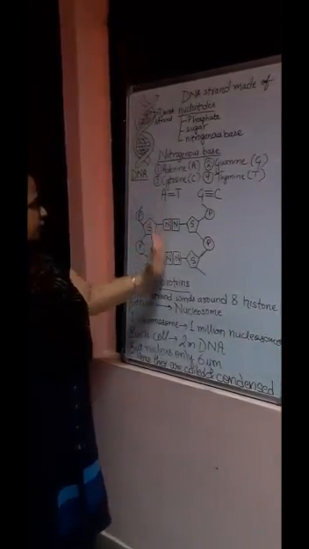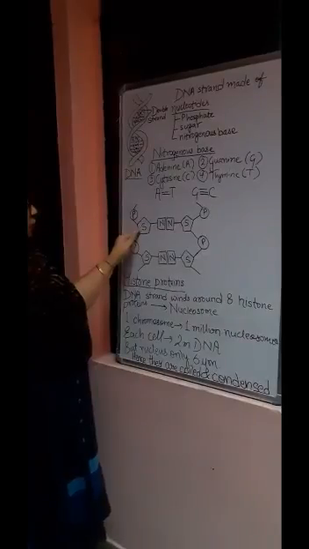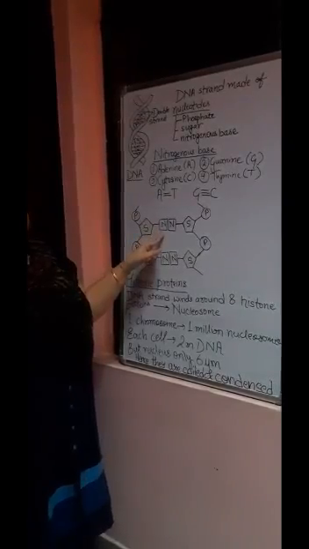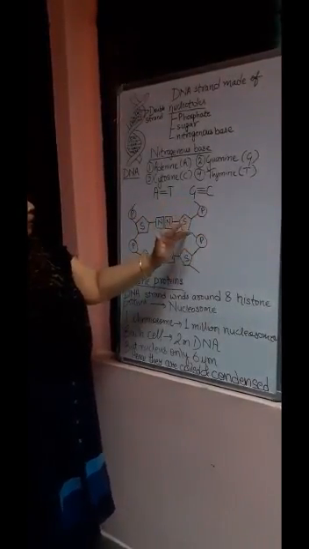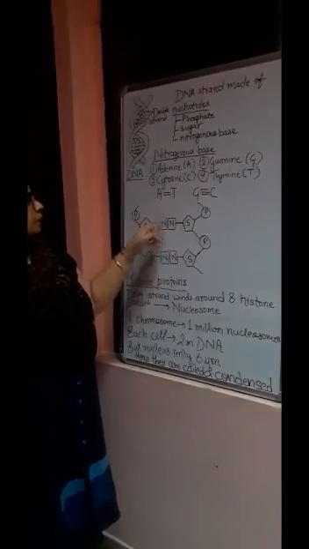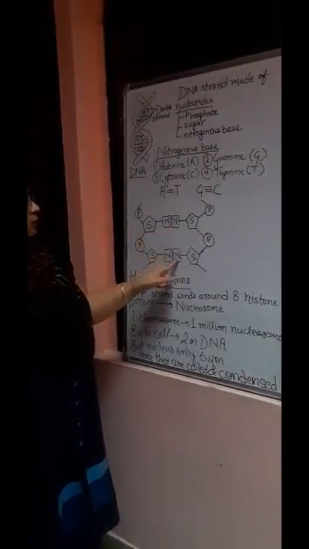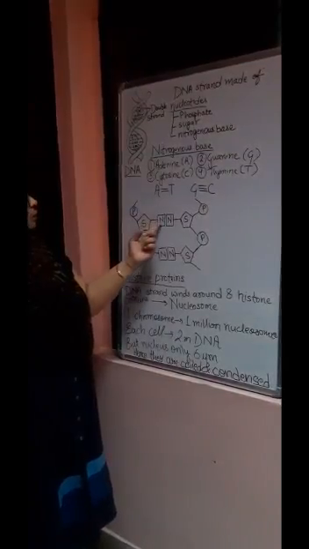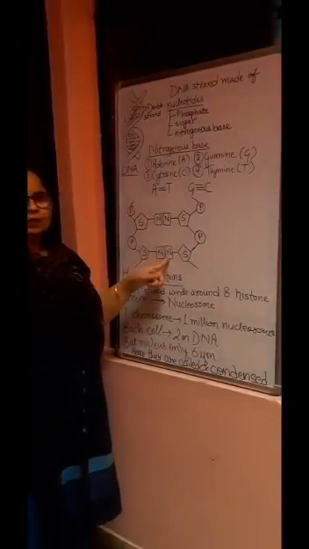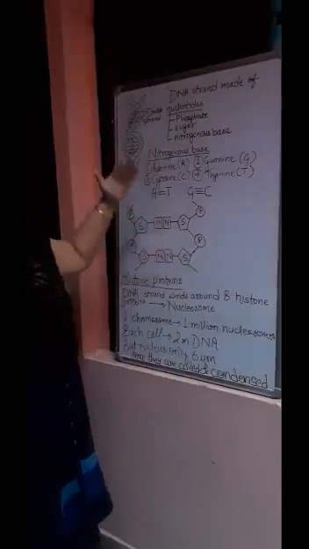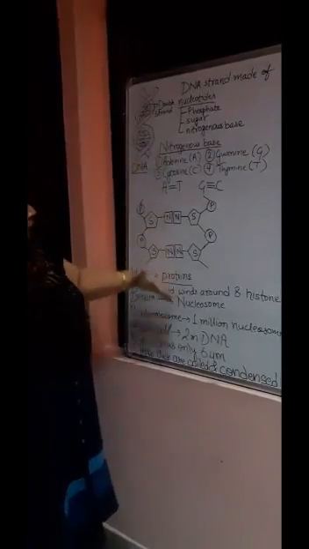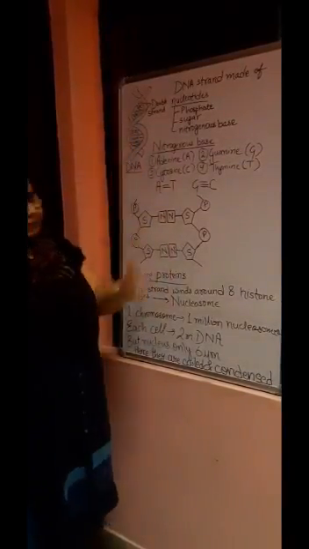Now, if you look at the structure of DNA, there are 2 strands. This is one strand and this is the other strand. There is pentose sugar having 5 carbon atoms attached to a phosphate molecule on one side and a nitrogenous base on the other side. And this strand also has pentose sugar, nitrogenous base and phosphate molecule. If the nitrogenous base over here is adenine, this will be thymine. If it is guanine, it will be cytosine. It can be the other way around also. If this is thymine, then this will be adenine, and if this is cytosine, this will be guanine. In this way it continues like a ladder, one step, then another step, and they are coiled in a double helix.